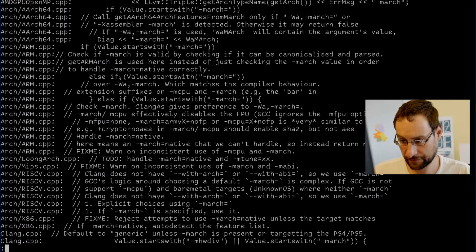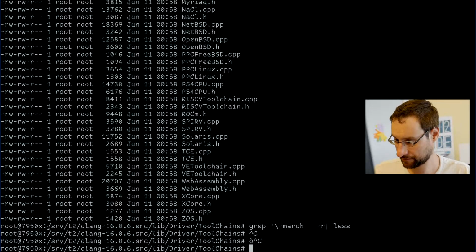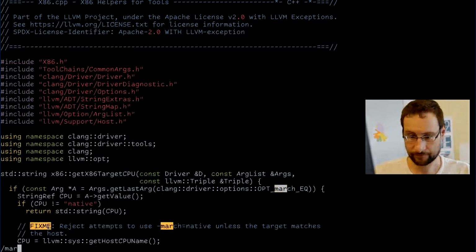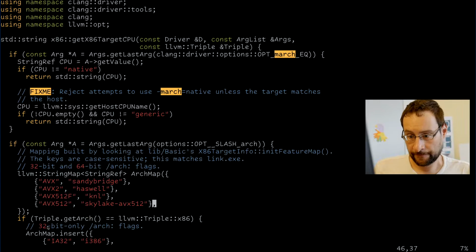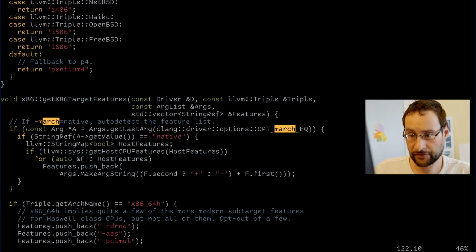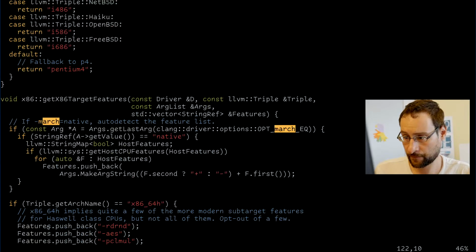Here is arch. Fix me. Reject attempts to use march native unless the target matches. Not the most in there. Oops. So that is just target features, native auto-detected feature list. Okay, native should get arch name x86-64h.